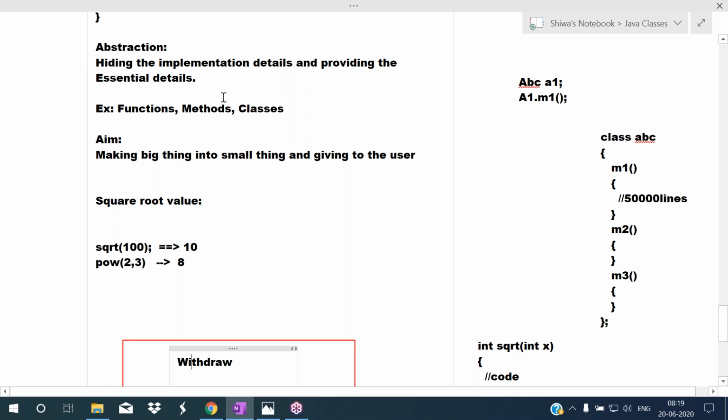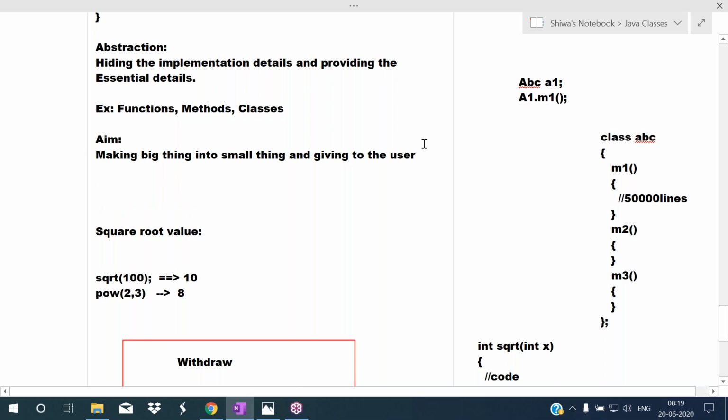You define methods in the classes, and in the methods you write some code that will be in hidden form. Just create the object, then call the method if it is a non-static method. The main aim of abstraction is making the task user friendly.